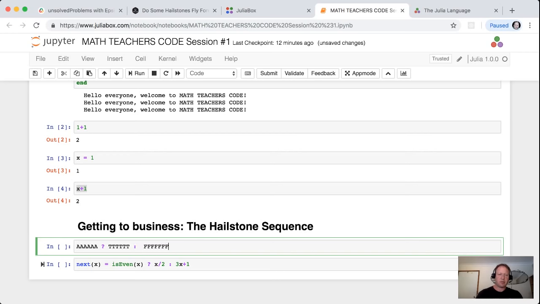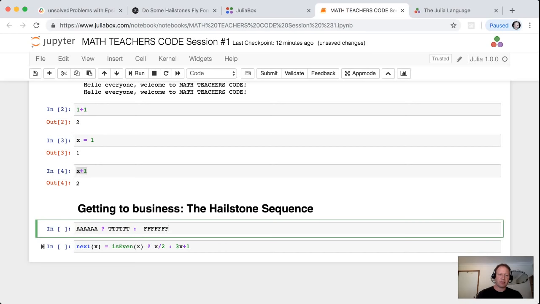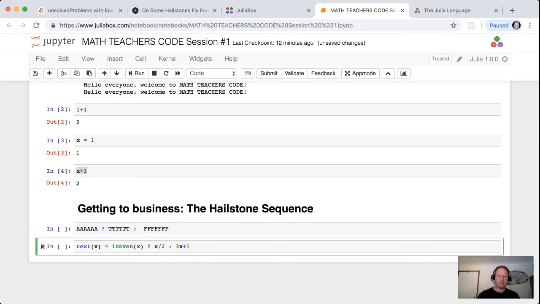In this case, I'm going to say the next value of x is, if x is even, then half x. Otherwise, multiply x by 3 plus 1. And in Julia, you don't even need a times sign between a literal 3 and a variable x. Now if I was to evaluate this, this would tell the Julia kernel, hey, please create this function next x, which does the following thing. But before I do that, let's actually